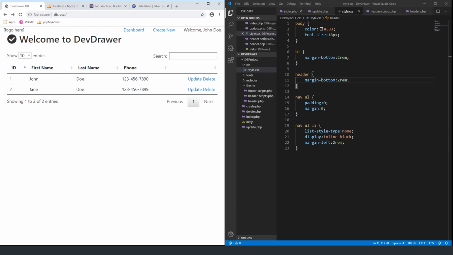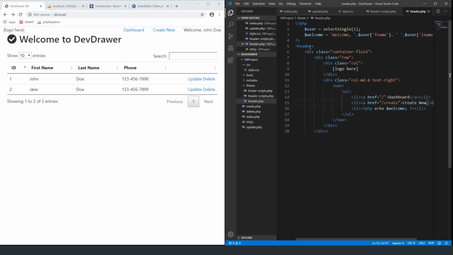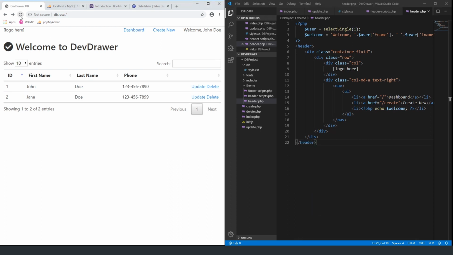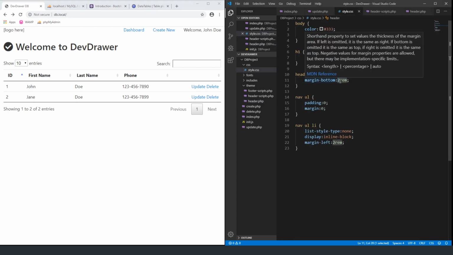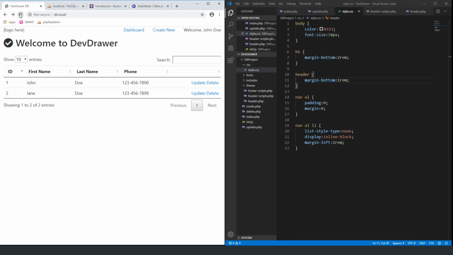Did I wrap it in a header? I did. Oh, I didn't close out the header. That would be why. I didn't close out the div either. That's my bad. So we close out the div, close out the header. Wow. Okay, now it gave us too much space. So let's come back and do what we were initially going to do with the 1 rem,